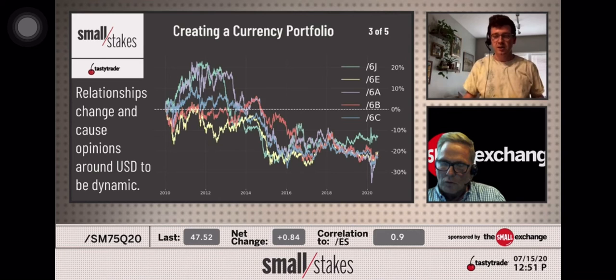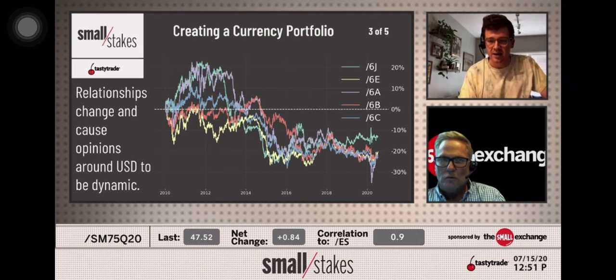But also, it doesn't have to be this full US versus them. This has almost been kind of pairs trading week here at small stakes. So I want to look at adding a little bit of flavor to it as well. And you see here that Canada and sterling have been the vast underperformers for the last decade, as yen has actually,